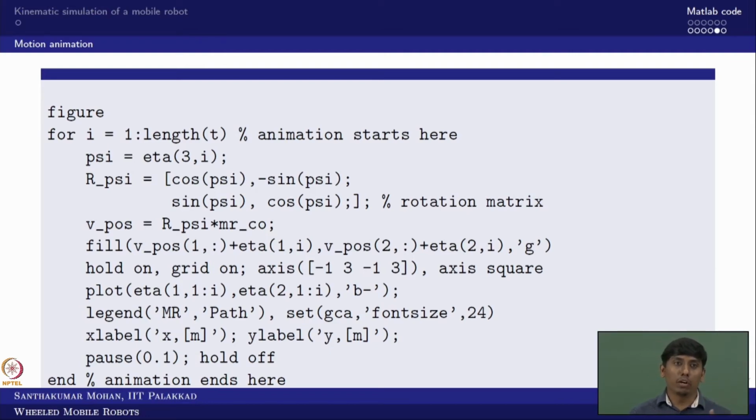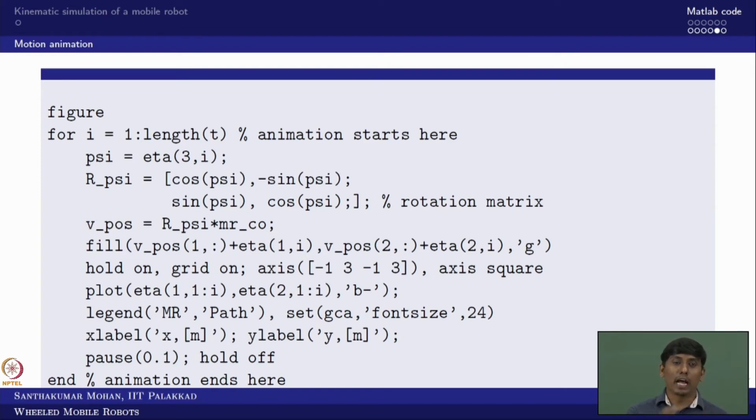Now I bring in the transformation matrix, which I obtained in slide number 13, where I incorporated the rotation matrix. I already know the mobile robot coordinate, which is not rotated, but now I bring it into the rotation matrix. Now what happened? The vehicle position is rotated.